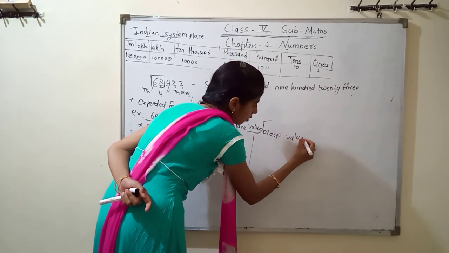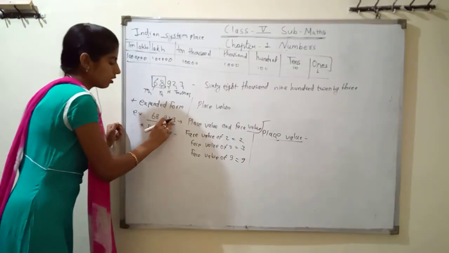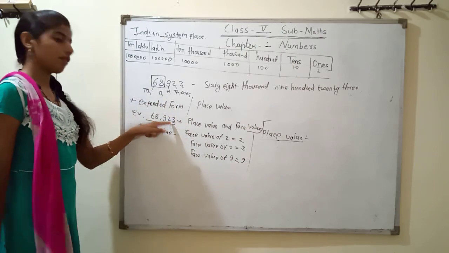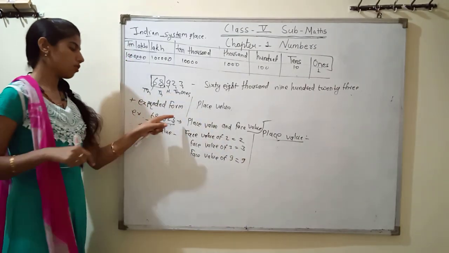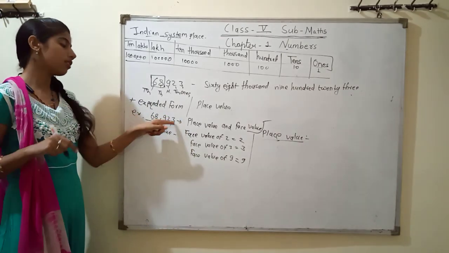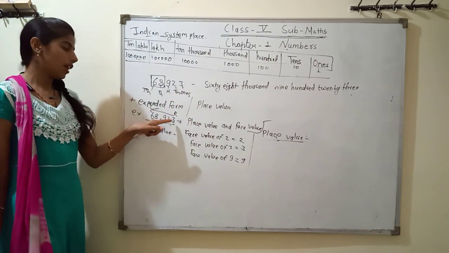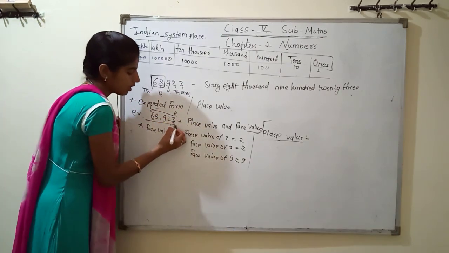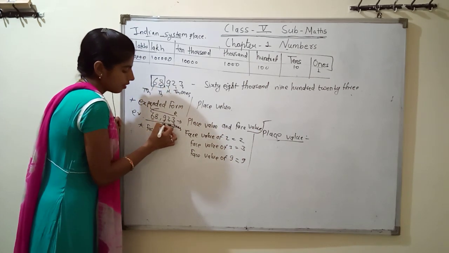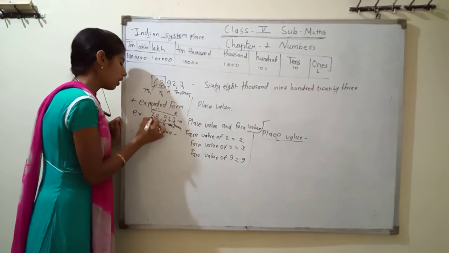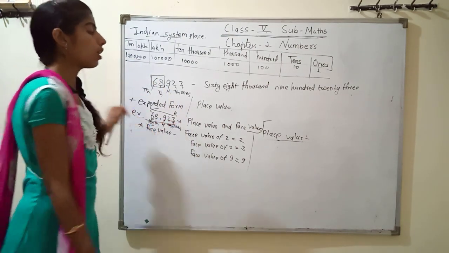Place value. Place means that is the place. Here is 3. We start from the last number, from left to right, and we also start from right to left. I will tell you about right to left. We go like that. First is the 3. We know that 3's value is here the 1's value. Next is 10's value. Next, 9 is 100 value. 8 is here 1000 value, and 6 is here 10,000. Now we start from 3.